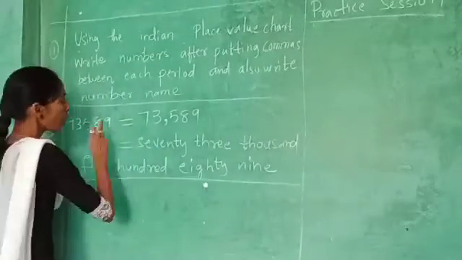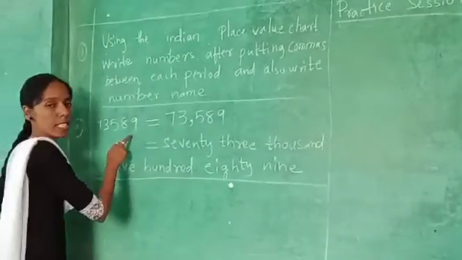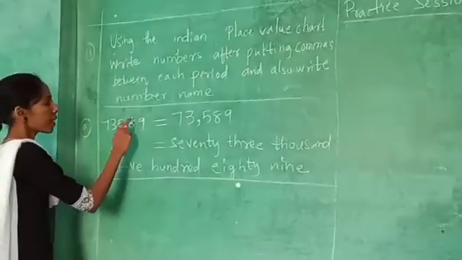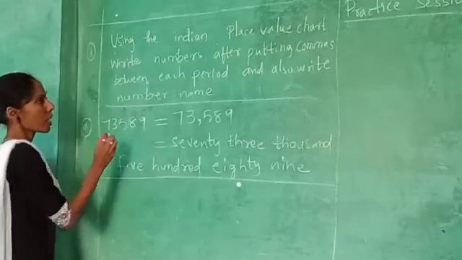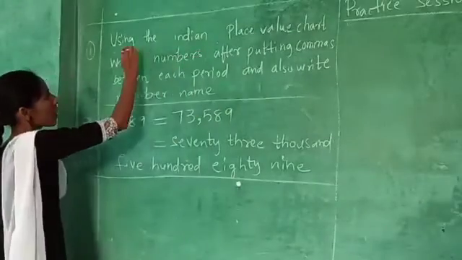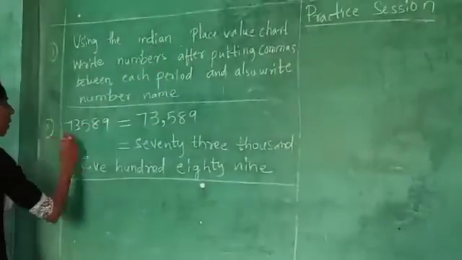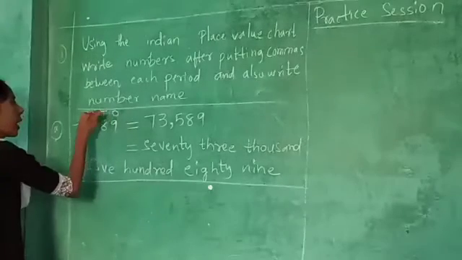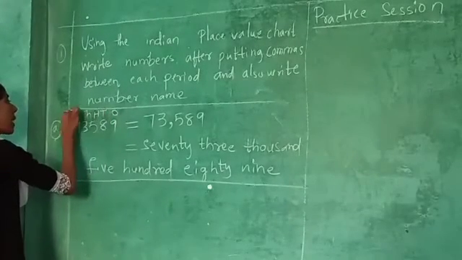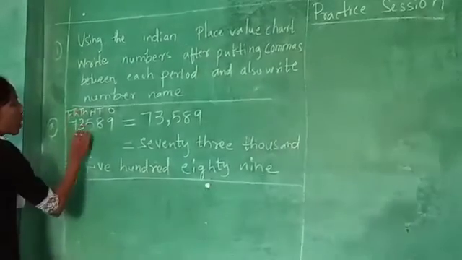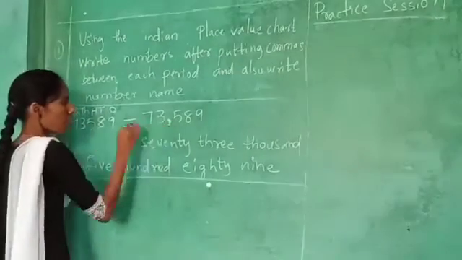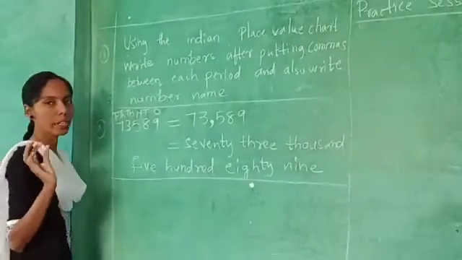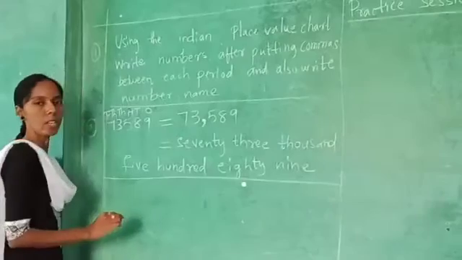Now see, 73,589. You already know from the previous classes, in the first exercise, we completed this number names writing. We have to identify the place values. We have to see this one using the Indian place value chart they have given. In the Indian place value chart, what are the terms? Ones, tens, hundreds, thousands, and ten thousands. We have to give the comma after the thousands place. After the thousands place, we see how the periods are divided in the place value chart and give the comma accordingly.